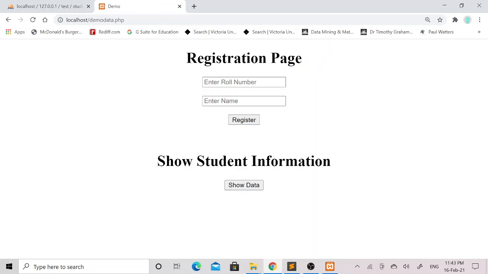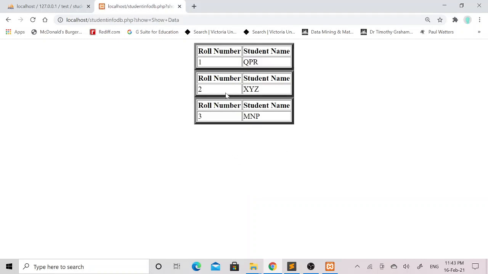Now I have been redirected again to the same registration page. And to see the student table, now I will click on the show data button. Here I have clicked on the show data button, and you can see that in this table roll number and student name have now been displayed.